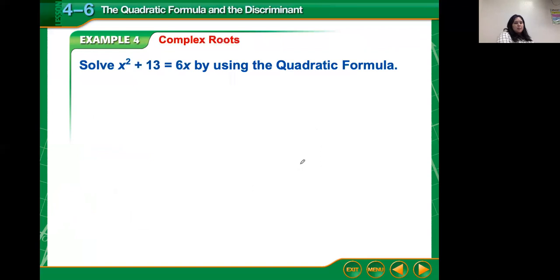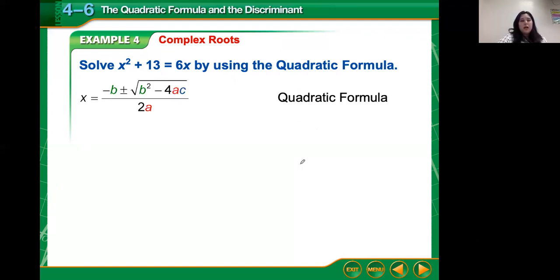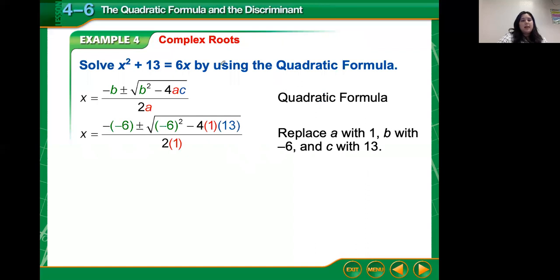All right, let's take a look at example 4. We have complex roots. We did go over complex roots in 4-4, and that basically means that we're going to have imaginary roots. So i is going to be part of our answer. Let's take a look here. This is not in standard form, so we need to get it into standard form. We're going to subtract 6x from both sides to rewrite this as x squared minus 6x plus 13